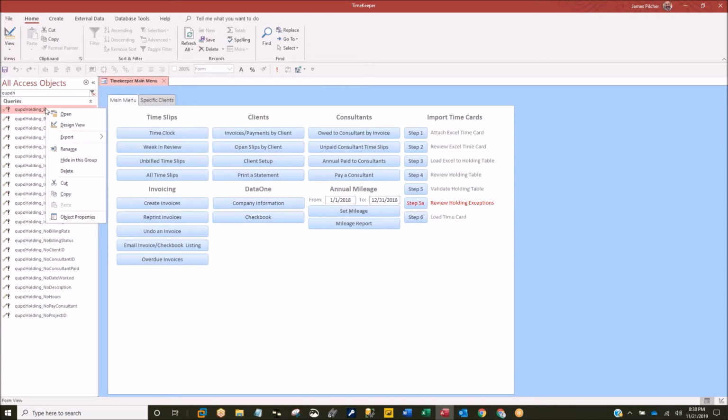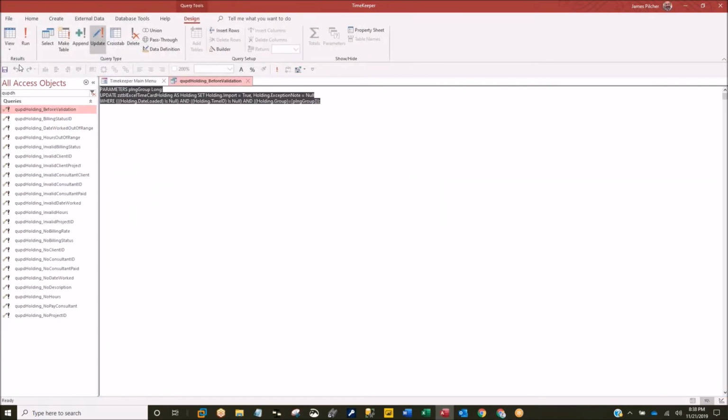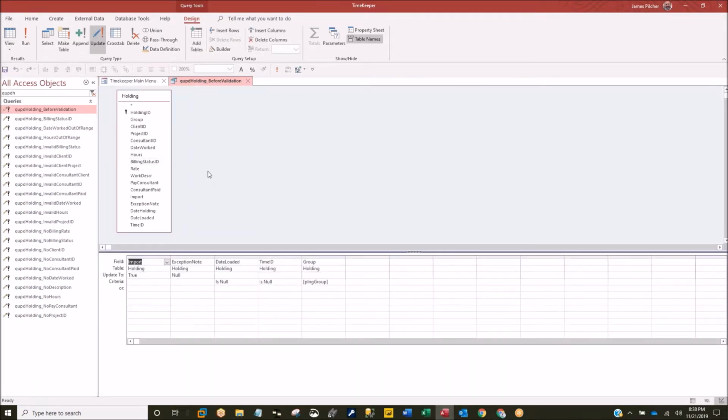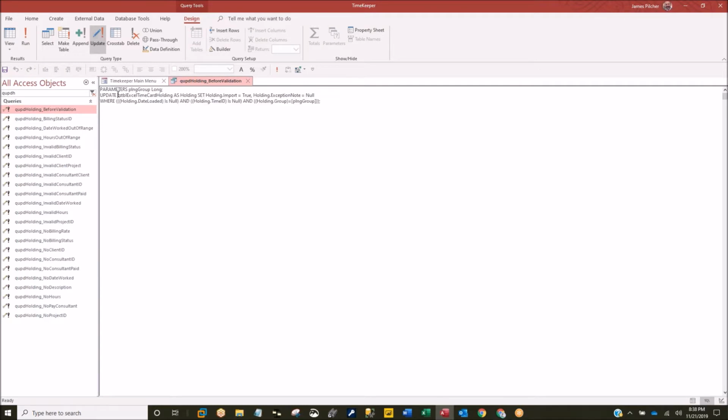And it's this query, and the design view is very simple. One table, we're doing an update, and we've got a where clause. So if I go into the SQL, and if you try to run it right now, of course, you saw that it fails. But if I go in here and all I do is